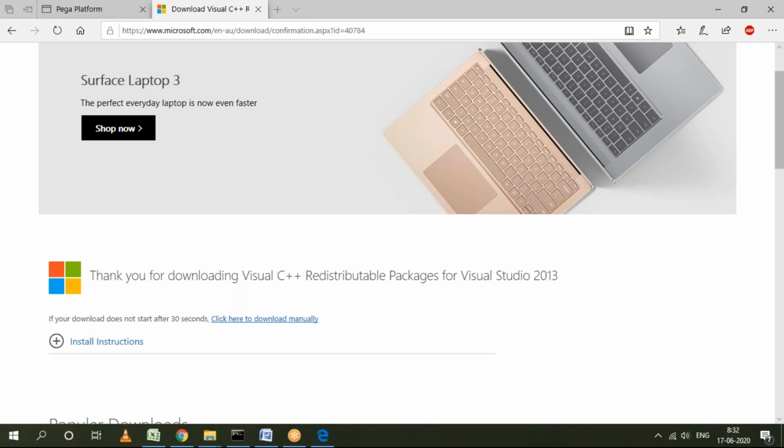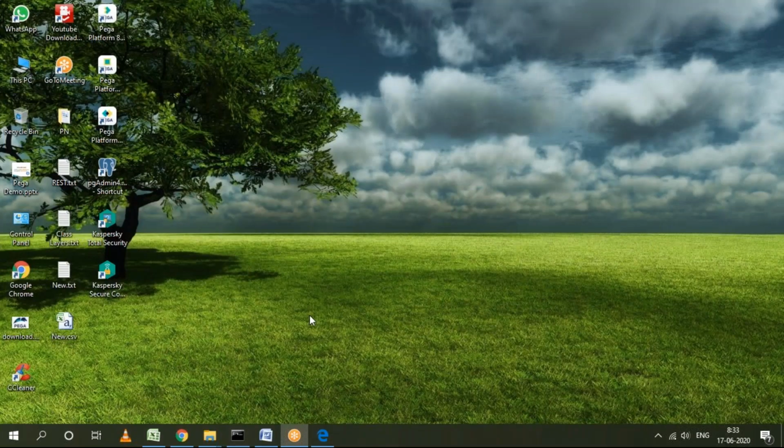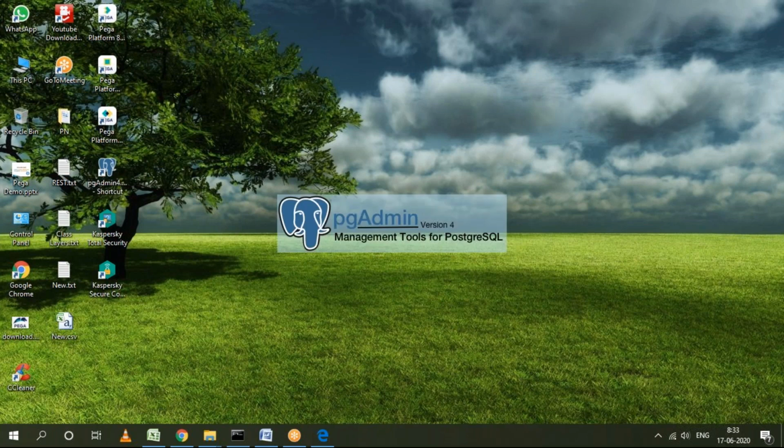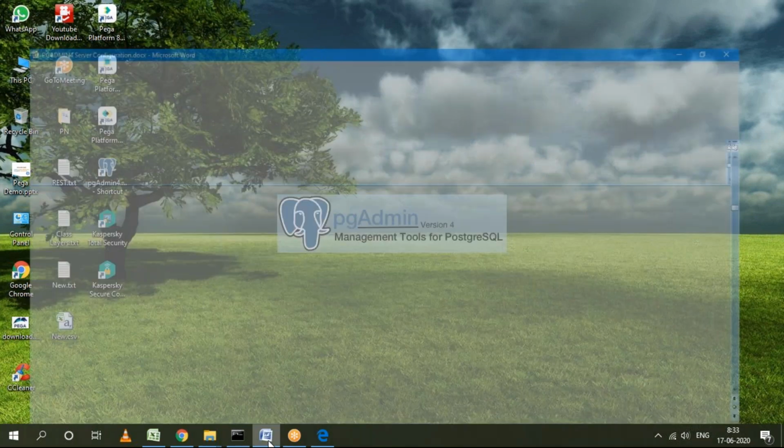Once your installation is done, once again I'll click on that icon. Actually, restart is required if it is not opening. After restart, tomorrow only I'll continue. I'll try once again. If I'm getting that alert, okay; without restart, it is working, so I'll continue. Just 10 minutes I'll take, guys.